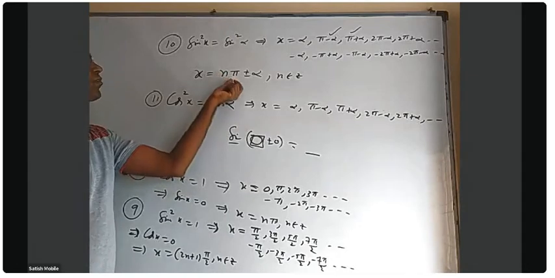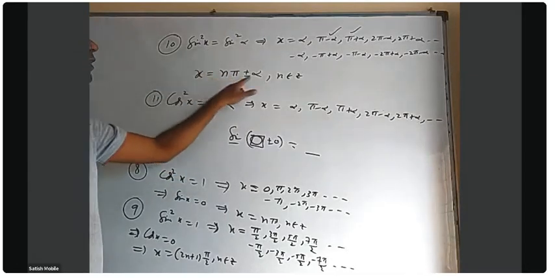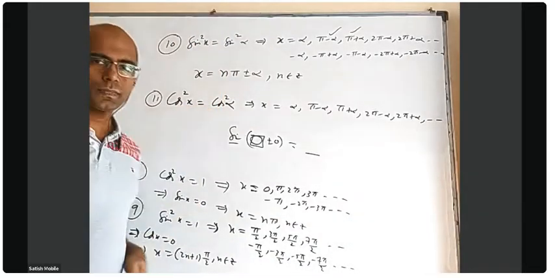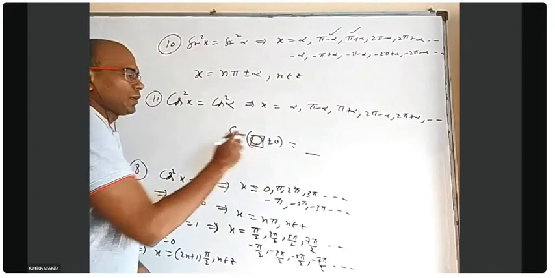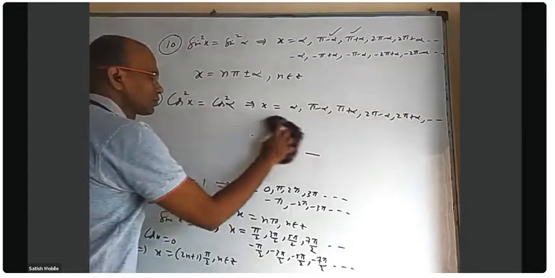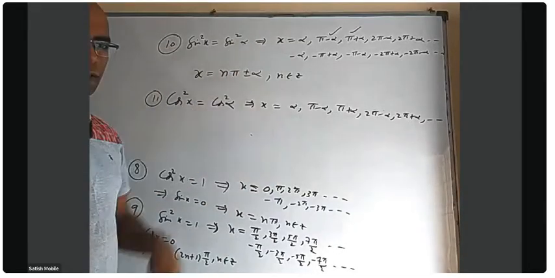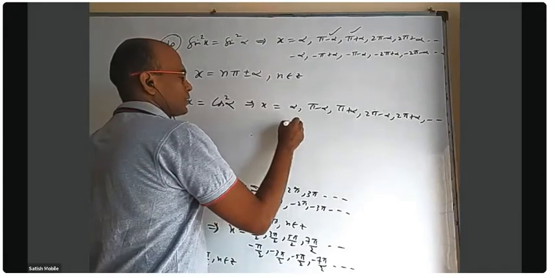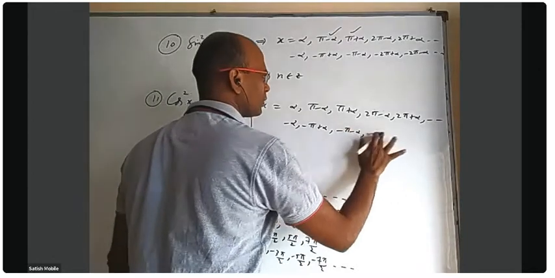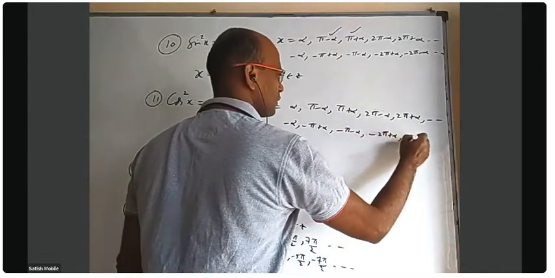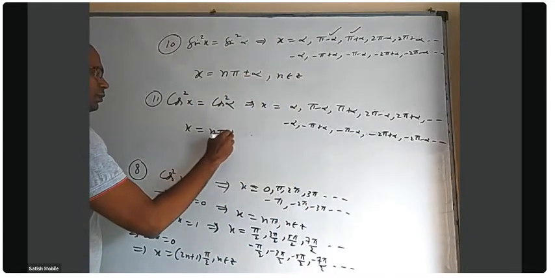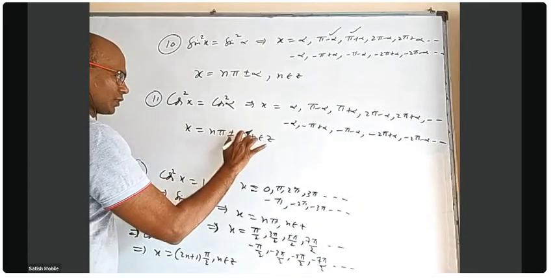As long as it is a multiple of 180, sin x will become sin alpha. Either it is plus sin alpha or minus sin alpha, but the square will take care of that. Same thing for cos. If it is an odd multiple of pi by 2, sin will become cos and cos will become sin. But if you want sin to remain sin, it is even. That's it. So without writing all these examples, directly you can write minus alpha, minus pi plus alpha, minus pi minus alpha, minus 2 pi plus alpha, minus 2 pi minus alpha, and so on. All these things give the same answer. x is equal to n pi plus or minus alpha, where n belongs to Z.